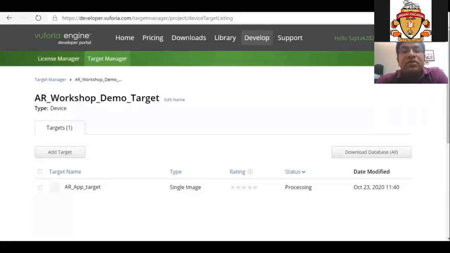That is what is known as processing. So the training part is going on now. The computer is understanding the target image, the marker. Once the training part is completed, it will show the status as active. So we have to wait until the status comes as active.